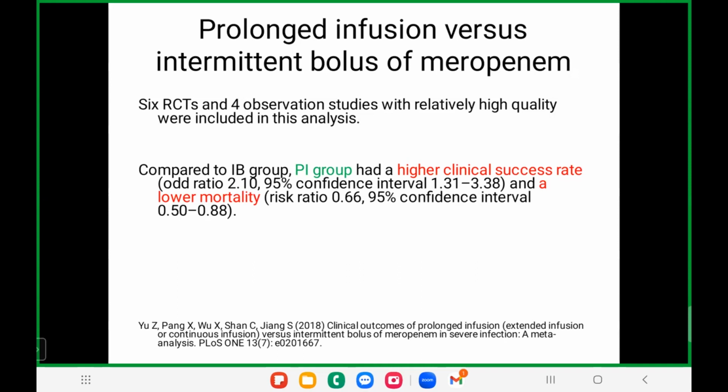The main agenda behind this prolonged infusion concept is that meropenem is time-dependent killing. If you give just a bolus dose and leave it, the serum concentration will go down very quickly. Again, you have an extended amount of time where the drug level will be below the MIC, and your bacteria will multiply further. That's why they came to the concept of prolonged infusions. Prolonged infusion means at least 3 hours. So if you want to give TDS dosing of meropenem, each infusion should be given for at least 3 hours. That is called prolonged infusion, which showed high clinical success rate and lower mortality.